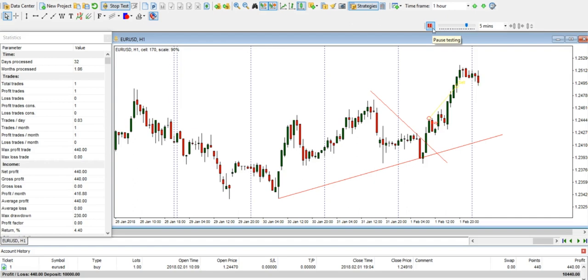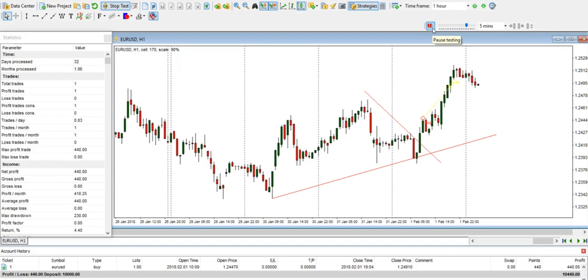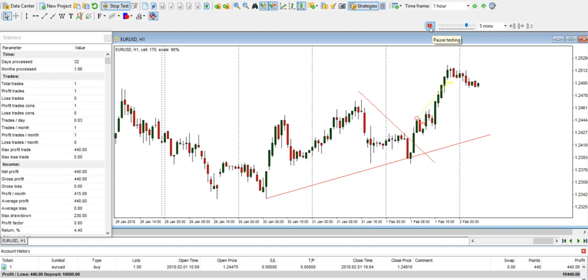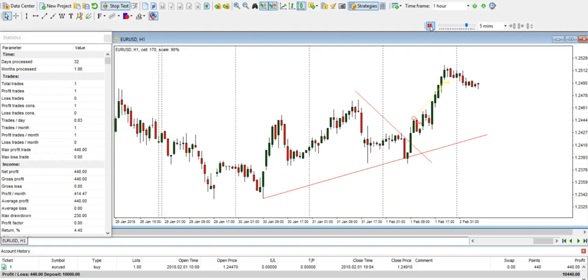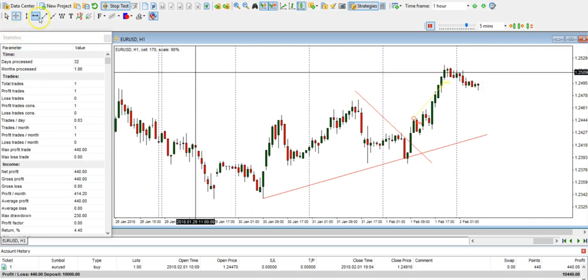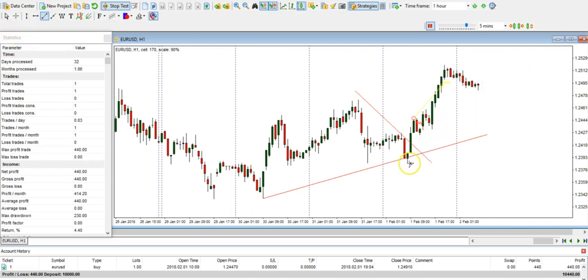Okay, so we're coming into the 2nd of February. By the way, as you saw in the last video, there's a timer down the bottom. It shows me the time, so 7:45. There we go. So this is the 8 a.m. candle. See here. In this video, I'm going to try and go a little bit faster than previous, so we actually aren't sitting